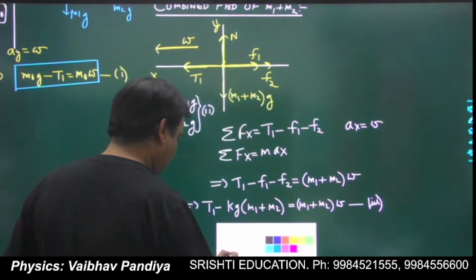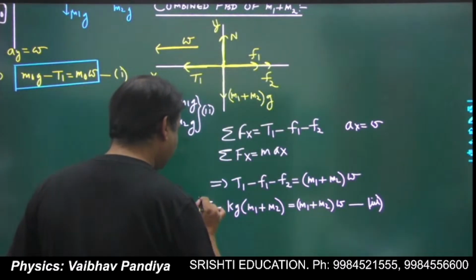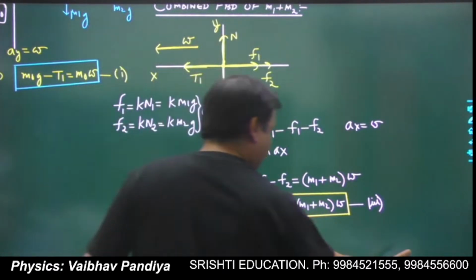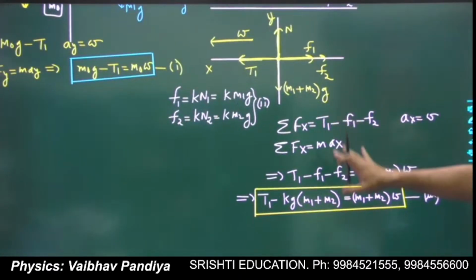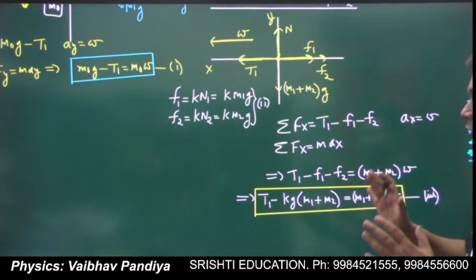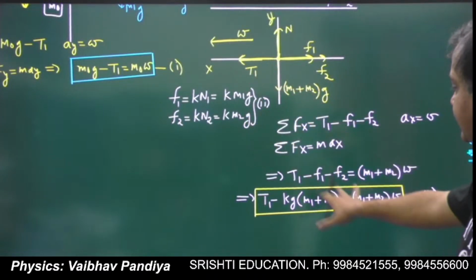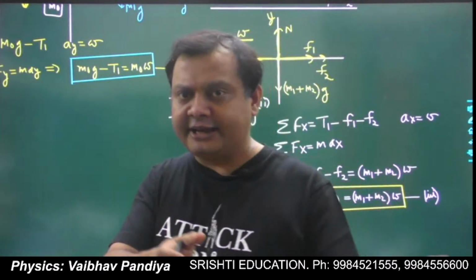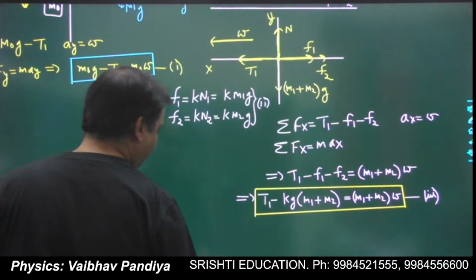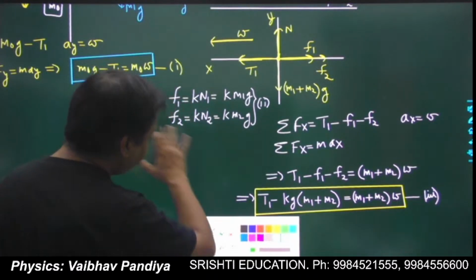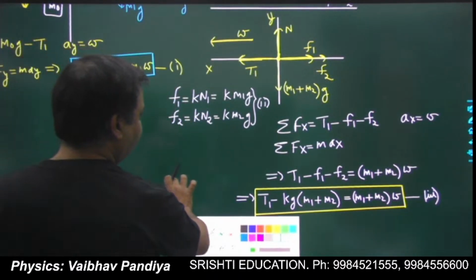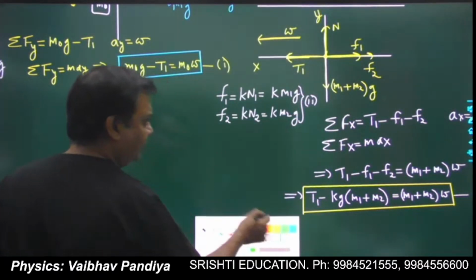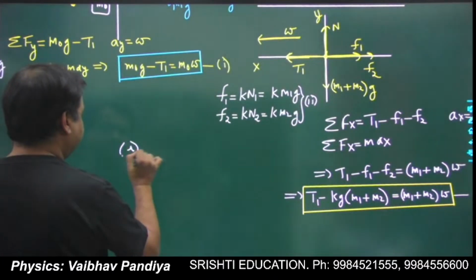Okay, so this is the equation again in T1 and W. So we got two equations. You can see equation number 1 and equation number 3. Both are in the parameters T1 and W, and our goal is to find W. Then only we can analyze whether the motion will take place or not. So from equation number 1 and equation number 3, we can eliminate T1. So what we can do, we can simply add equation 1 and 3. T1 will be eliminated,